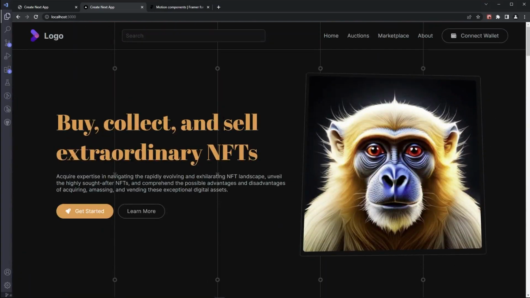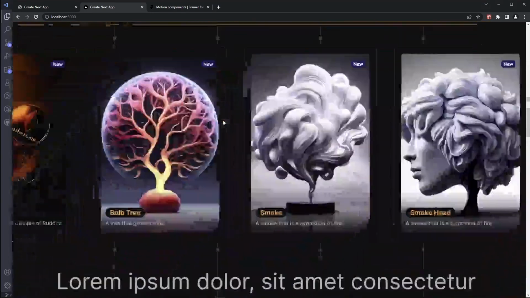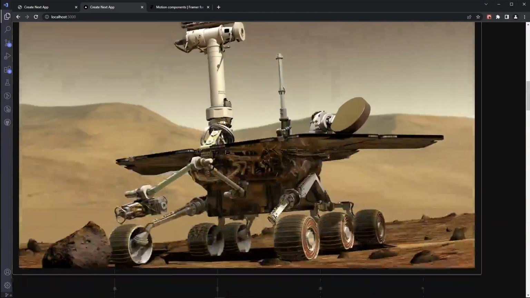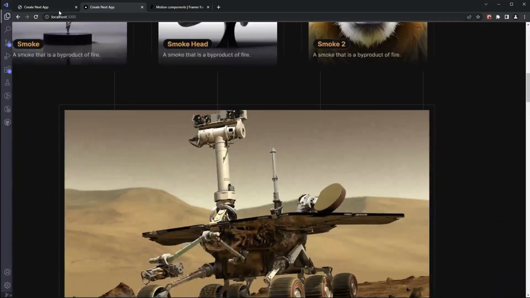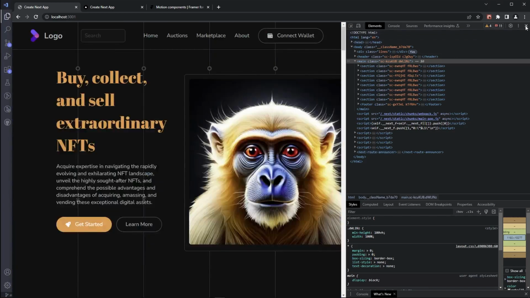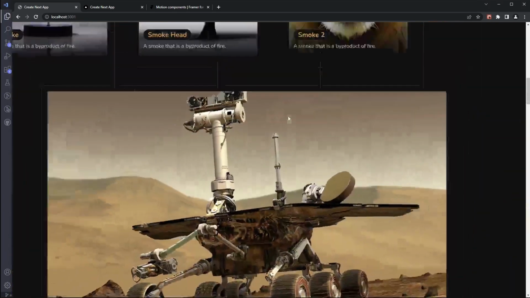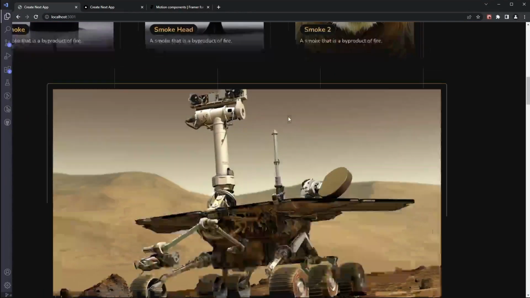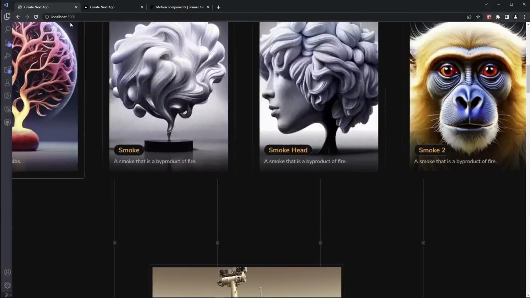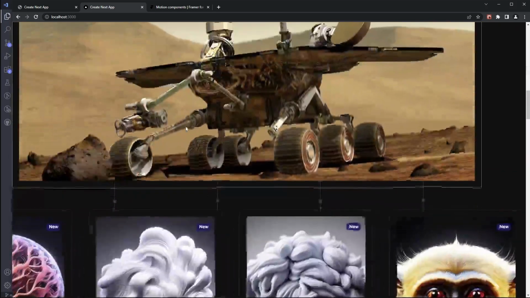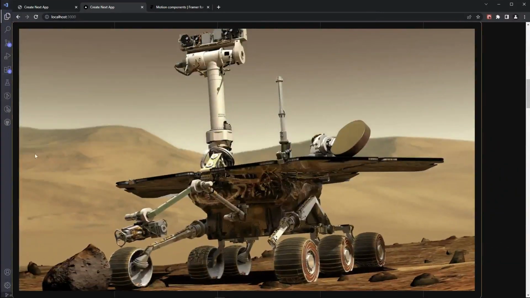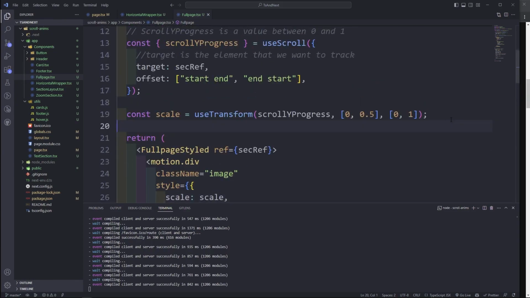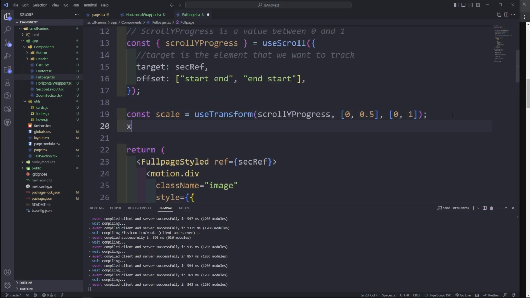You can animate the X. All right, so the image scales nicely. It's the same as this one, but here we're animating the x-axis. It's leaving the screen. So now we have this scale bit, and we need to do the x bit. So we're going to do const